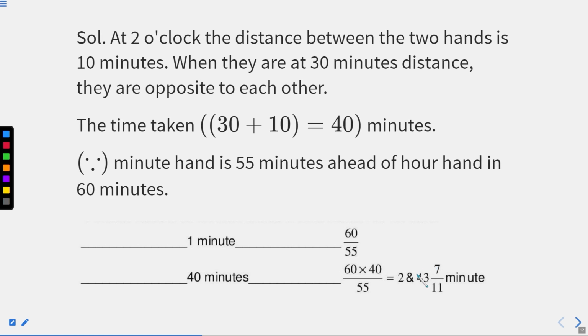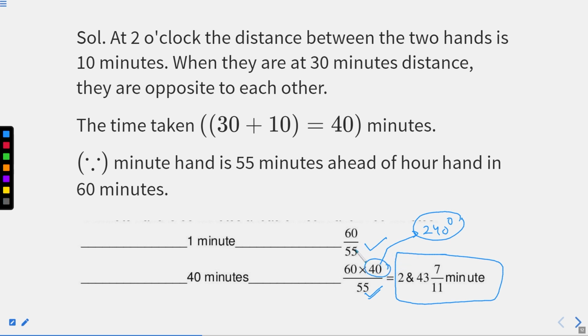You can see the answer here as well, right? Now the method that they use: in 1 minute they are covering this much distance, so in 60 minutes they'll cover this much distance, in 40 minutes basically, right? I hope this question is clear. In 40 minutes, how much angle is there? 240 degrees. So we are using angles, they are using minutes. I want to explain both the methods.